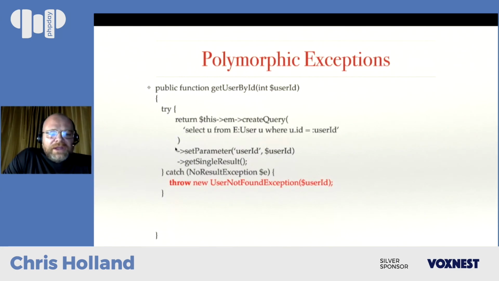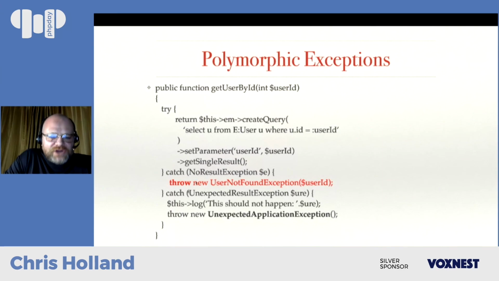So in the code that we had earlier, just to pursue this example, I could just add another catch block to catch an unexpected result exception, which means that for a given user ID, I had a non-unique result exception, because a non-unique result exception is basically what an unexpected result exception could be, except beyond no result, right? So that would be kind of weird. If for a given user ID you have 2 users in your database, you kind of have big problems, right?